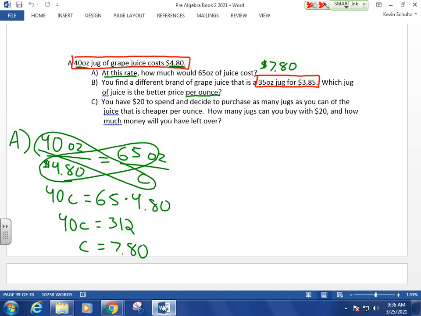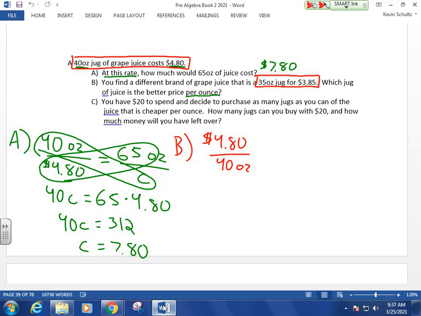Which one's the better price? Which one's the better deal, right? The $4.80 costs more, but you also get more juice. So that makes sense, okay? We're looking for the better price per ounce. So letter B here, let's find the unit rate. Price per ounce,